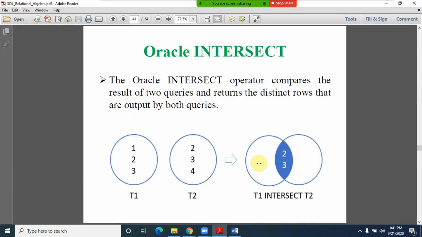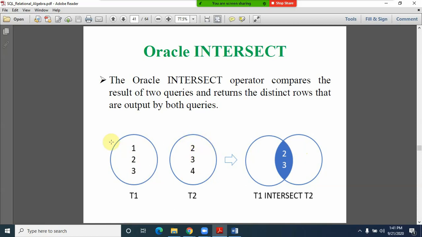Observe here, the Oracle intersect operator compares the results of the two queries and returns the distinct rows that are output by both the queries. Now you observe here, friends, T1 contains 1 2 3, T2 contains 2 3 4, and if you observe both of the tables, the combination is 2 3, non-repetition.